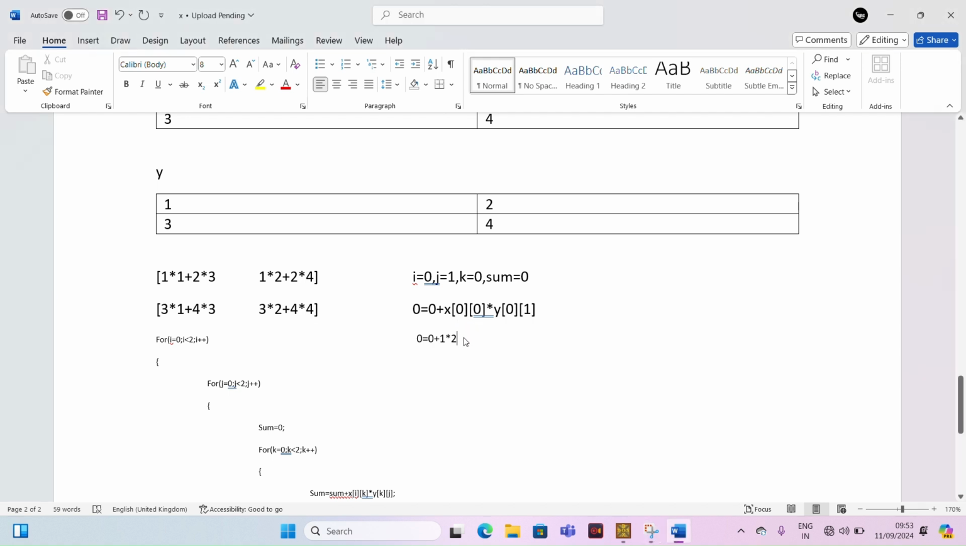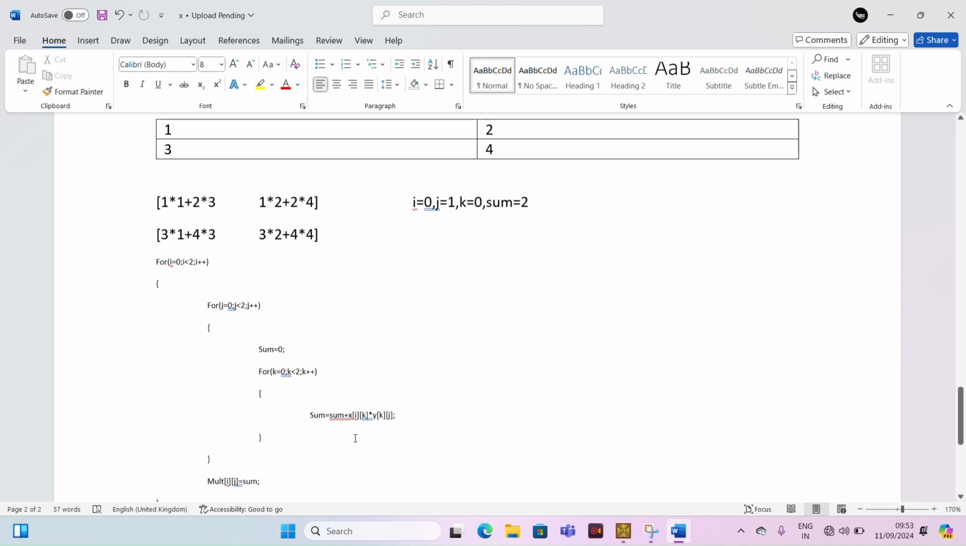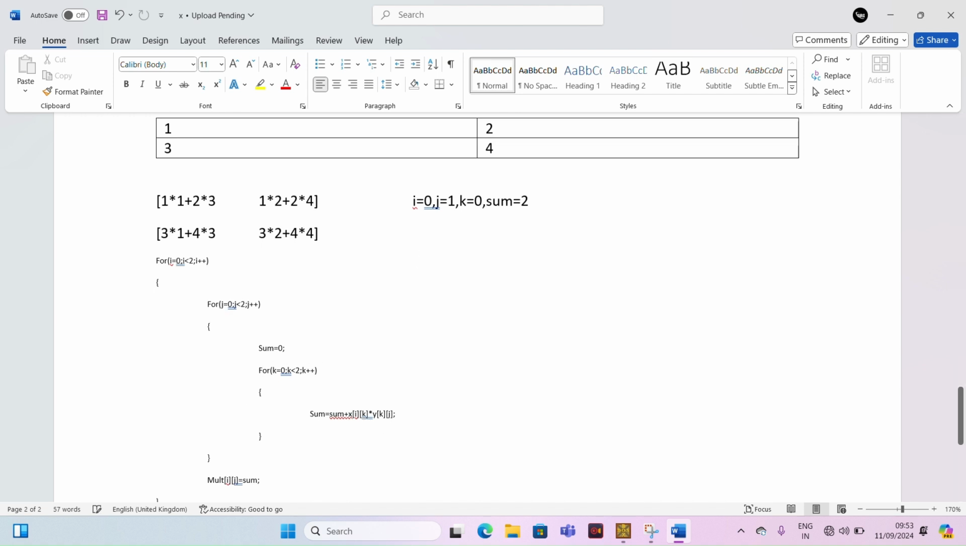So what will be the result? The result will be 0 plus 1 into 2, 2, plus 0, 2. Now the sum gets the value 2. Okay, fine, this calculation is completed. Now the k value gets incremented. Now what will be the k value now? After this completion it goes here and increments the k value to 1. Now sum is 2, 2 equals 2 plus,